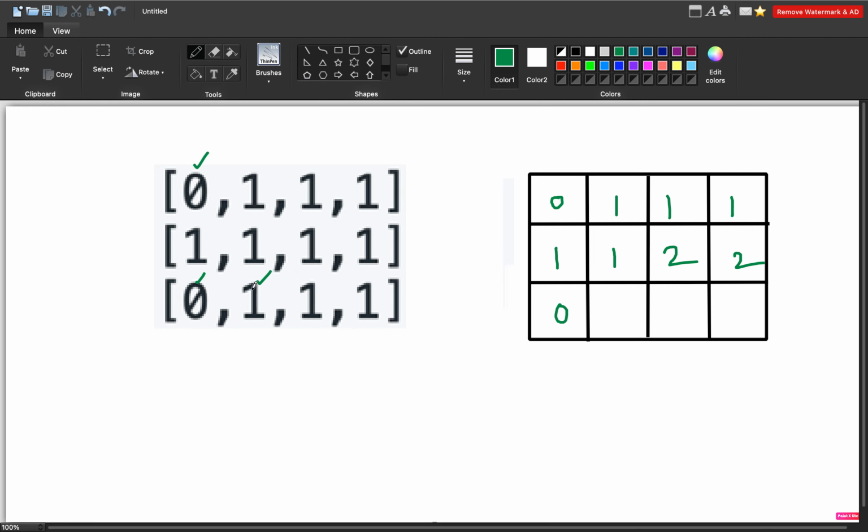Similarly for this, like 1 directly we will be putting, since it will come out to be 0 here. And for this one, it will be like itself and then combined here. So yes, it will be 2. Now for this one, it will be this one itself, this with size 2 included, and with size 3. So 3 squares are possible. So the answer here will be 3.